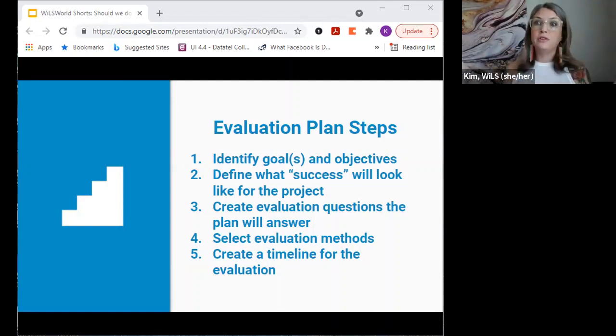So looking at that goal and objectives, getting to that specific measurable stuff, sitting back with that information and being like, okay, well, what's success going to look like at year 1? What's success going to look like at year 2? And documenting that together can really help people feel like it's achievable. They understand what they're doing. They know what they're working towards, and they've taken the time on the front end to make sure it feels like something that's achievable.